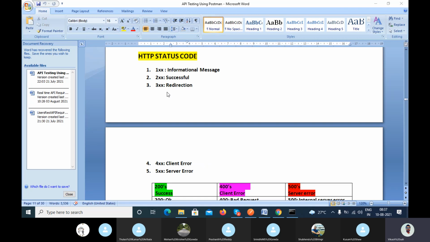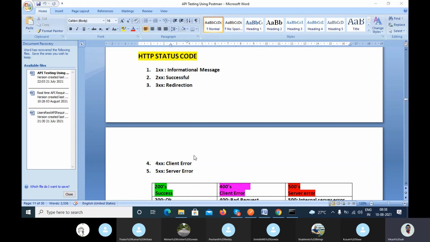Okay. And we have other two also, like 100 informational message, right? And we also have redirection, but we are not using these two status codes actually, right? So we are using only three, that is 200 and 400 and 500, right?